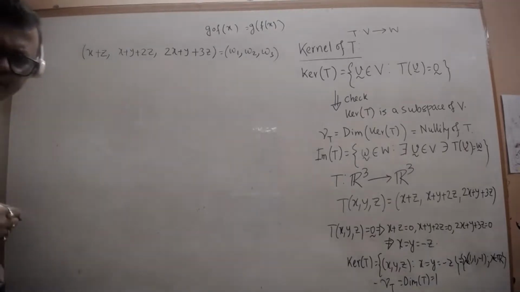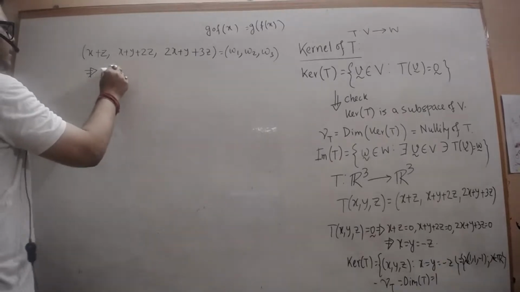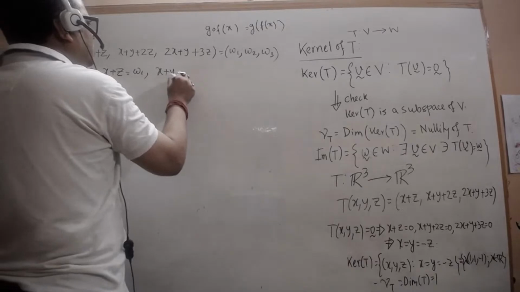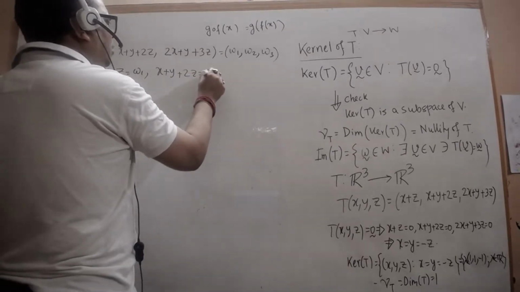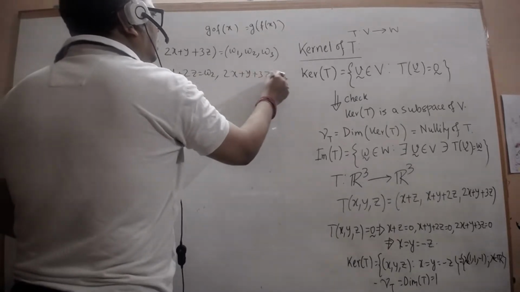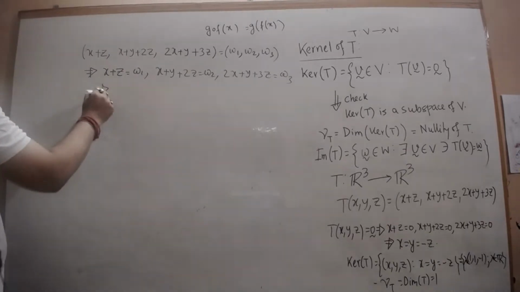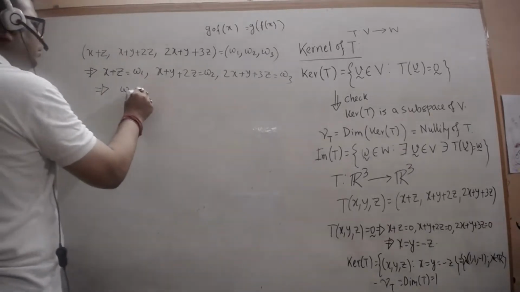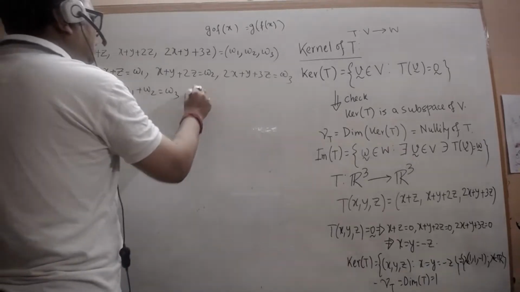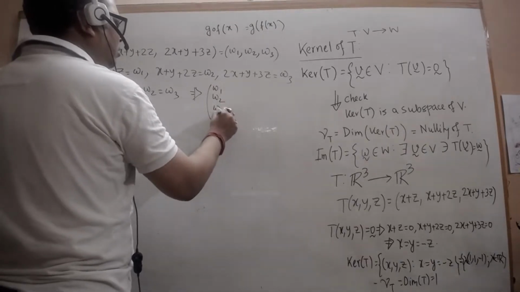When we simplify, x plus z equals w1, x plus y plus 2z equals w2, 2x plus y plus 3z equals w3. So this gives w1 plus w2 equal to w3. So this means (w1, w2, w3)